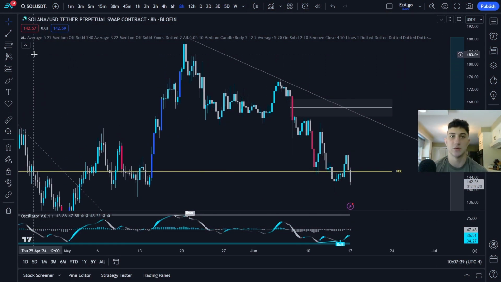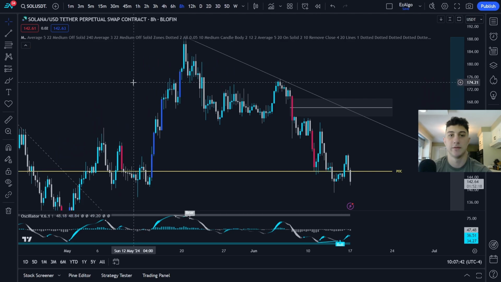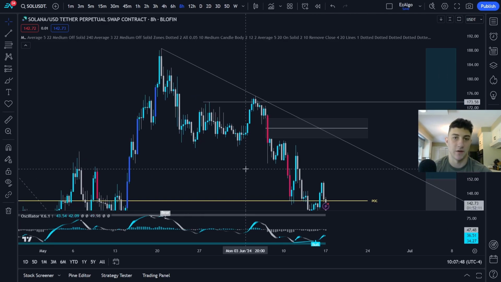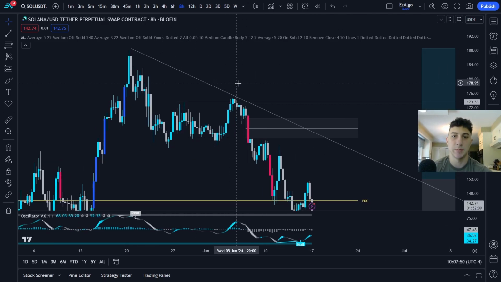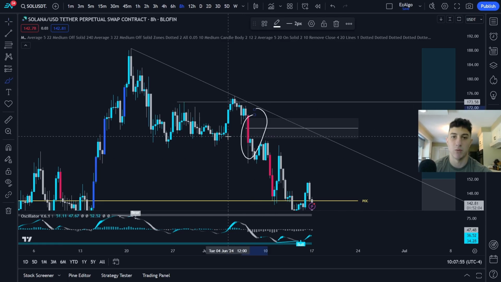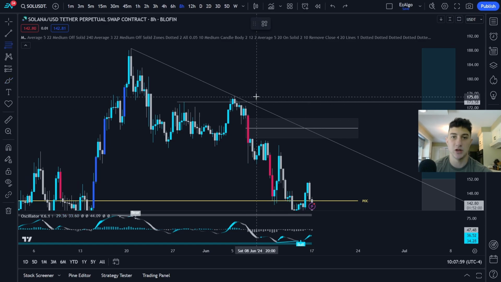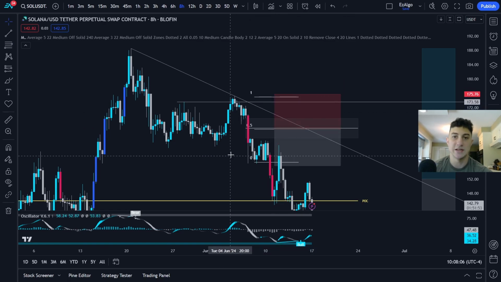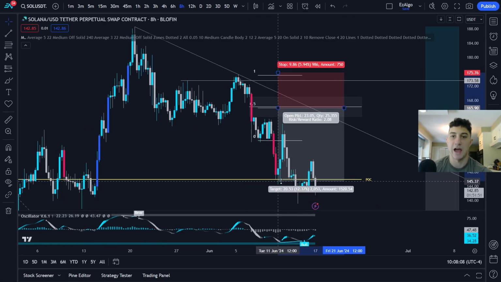Now, obviously, this works for short positions as well. So this is an example of a short position on Solana that I was looking at. I did not get filled on this, but it follows our rules, right? So we have that sweep of the high, right? Sweep of the high, displacement down with a bias flip here as we lose these lows. So at this point, you'd be looking for a retest into that fair value gap, right? Somewhere around here. We did not get that retest, but that is another example of a short position that I would take